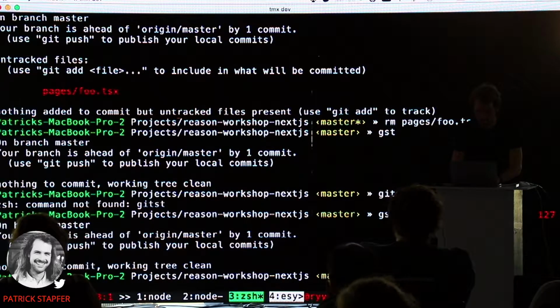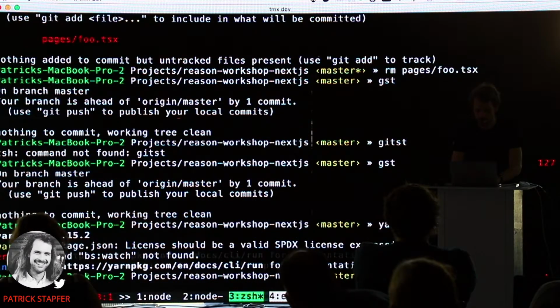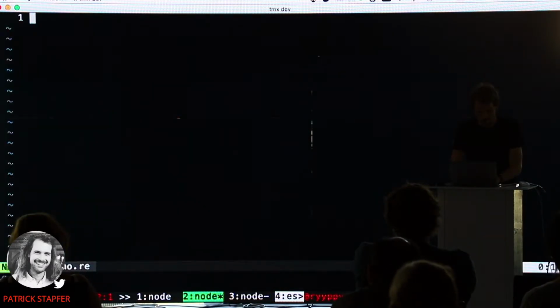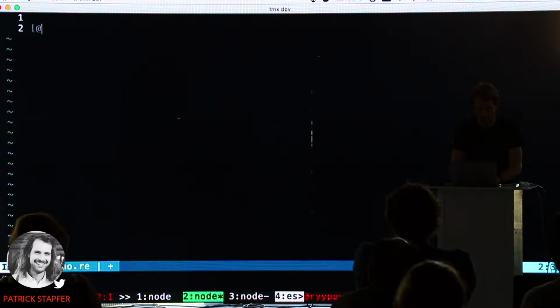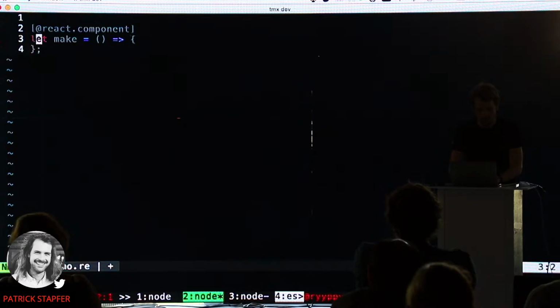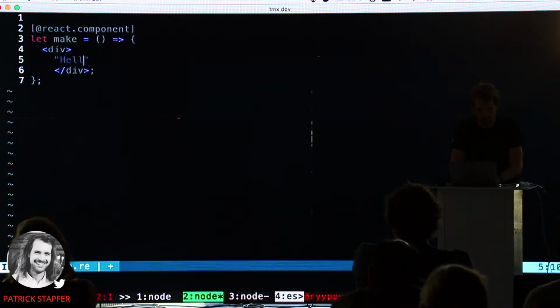Also next to it, we will run the BuckleScript compiler in watch mode, so you can see how fast the compiler actually is. First of all, we need a component to export for Next.js, so it knows what to render. The only thing I do is I define a function make, which is just any name. I can also call, I just call it name for now. We use JSX to reflect our HTML, and then we say hello workerconf.